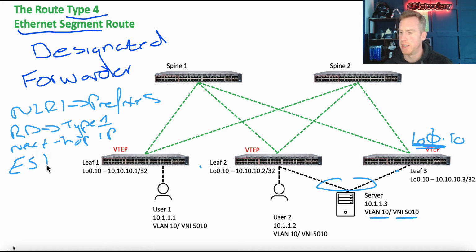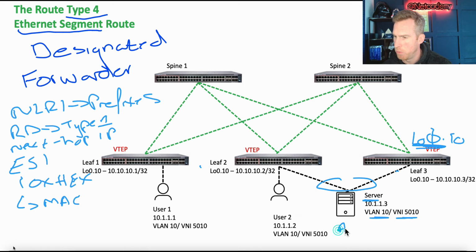Now, interestingly, I've recently read that the ESI isn't just a random 10 hex number. It actually has a meaning to it. Now, there are different ways that I've read that it can be defined, but what it's typically doing is taking the MAC address of the actual originator of, in this case, the server itself. So let's say here the MAC address, just for example, is